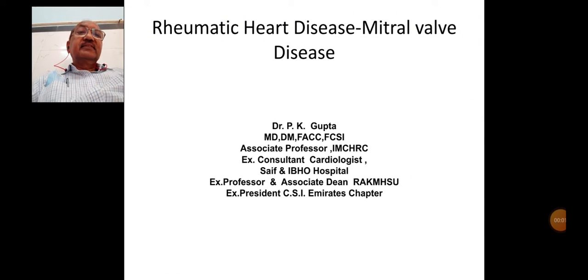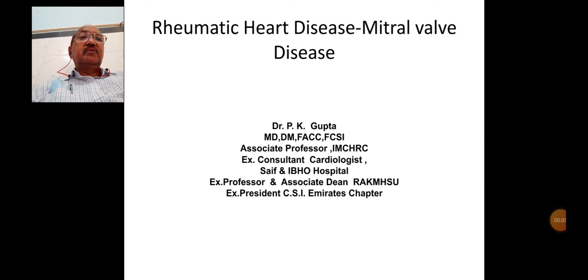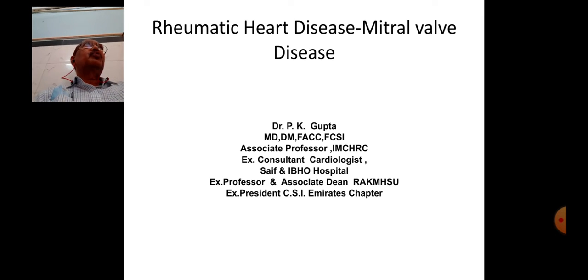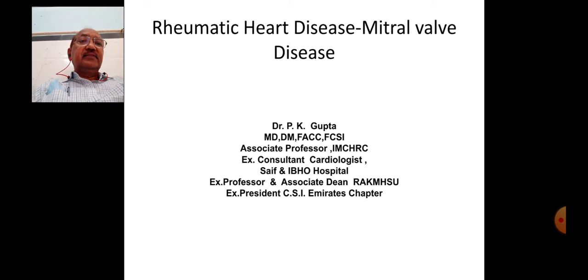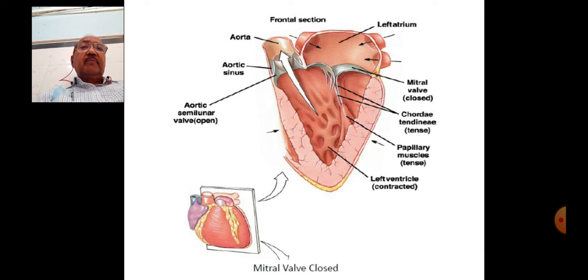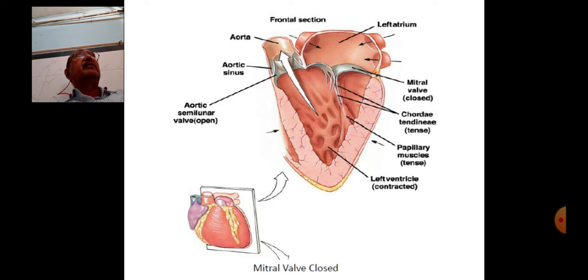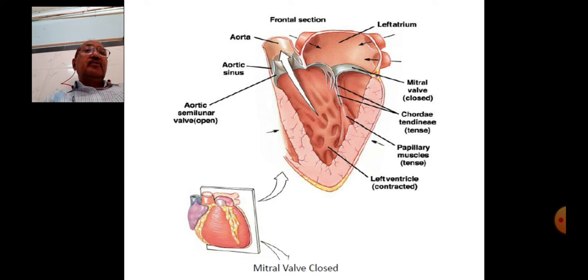Hi, good morning. Today we are going to discuss rheumatic heart disease, and in rheumatic heart disease we are going to cover the mitral valve disease, of course, which will include both stenotic as well as regurgitant disease. So before we embark on that journey, it's extremely important to understand the mitral valve anatomy, because any component of the mitral valve apparatus, if it's not working appropriately, it will result in the dysfunction and